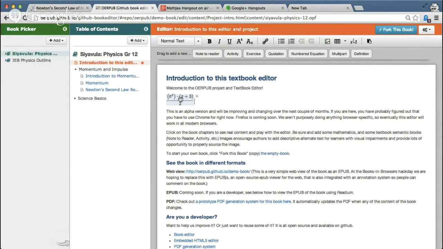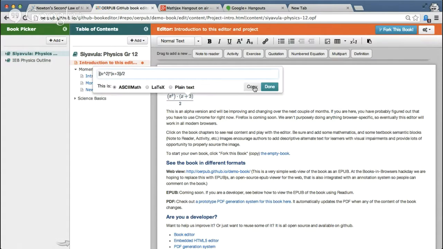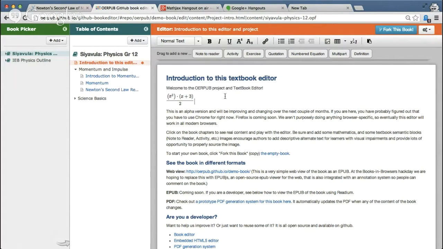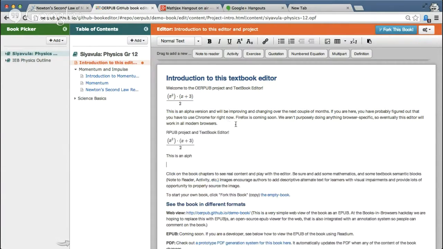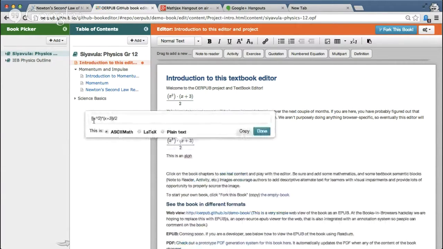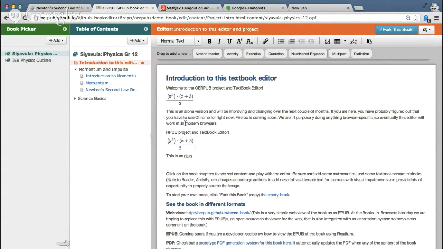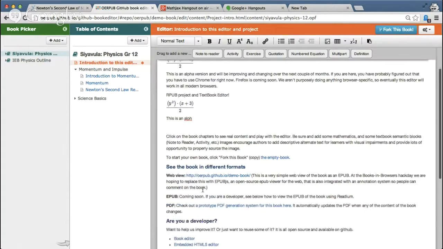Some other interesting features of this is that you can take the math and copy it. So if I include this in a paragraph, I can just highlight and then press Control-C, go down, press Control-V, and voila, my math is back there, editable and whatnot. That's very nice.